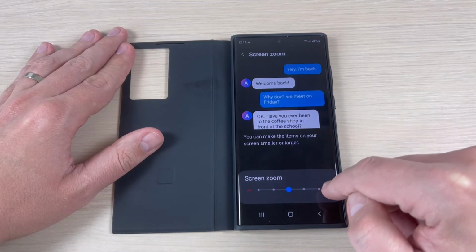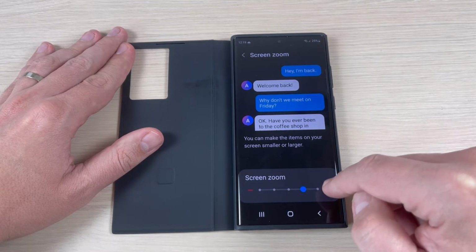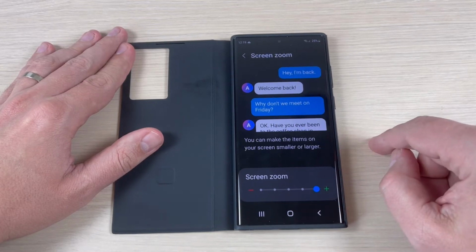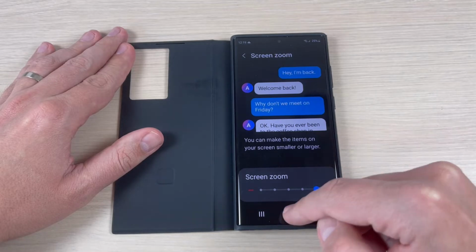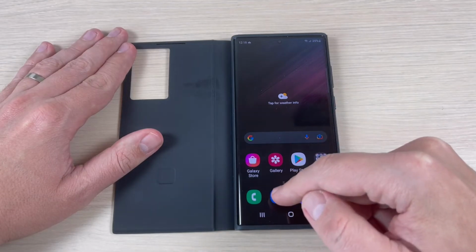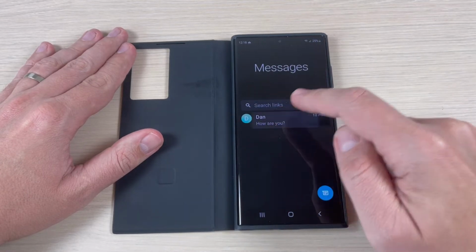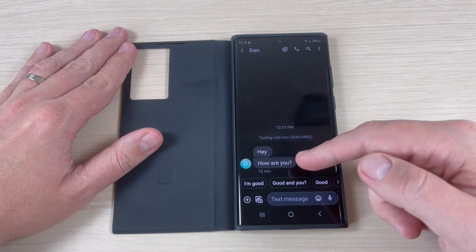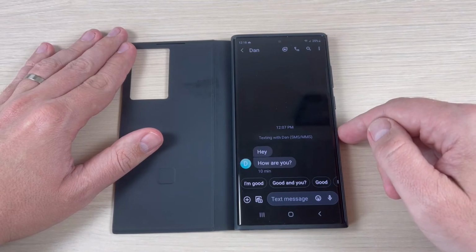In this tutorial I will show you how to increase the text message size on Samsung Galaxy S22. So let's do it. So if I go to the messages, you will see that now this is the text size for my